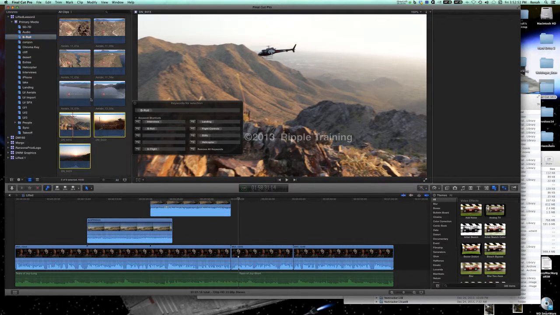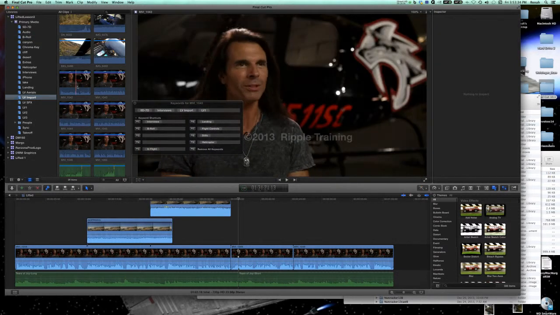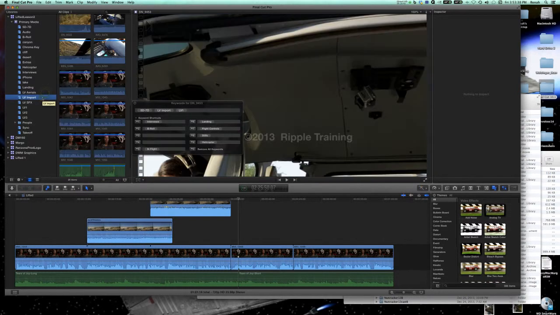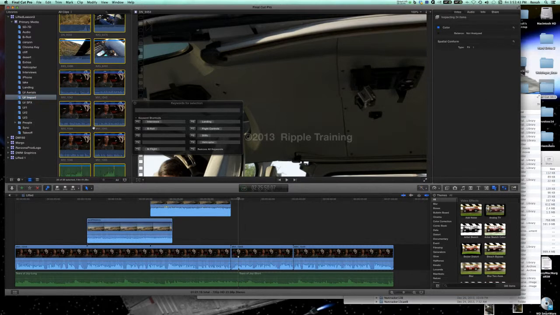There I go. All my B-rolls in one place as well. And in the book it goes over removing things you don't want for keywords. So I imported a folder called LV import. So if I select all those clips, I'll just hit Command A, and then I can take out, oh, my